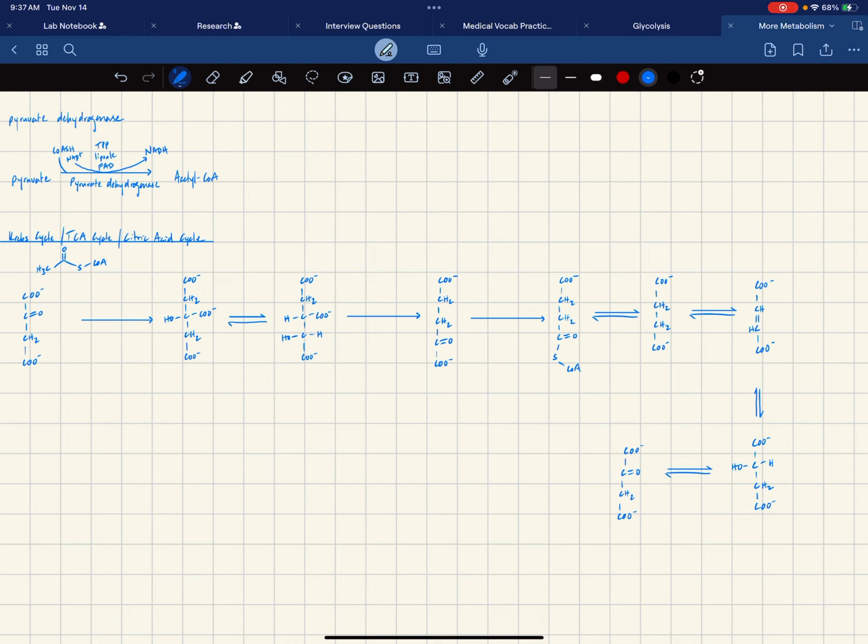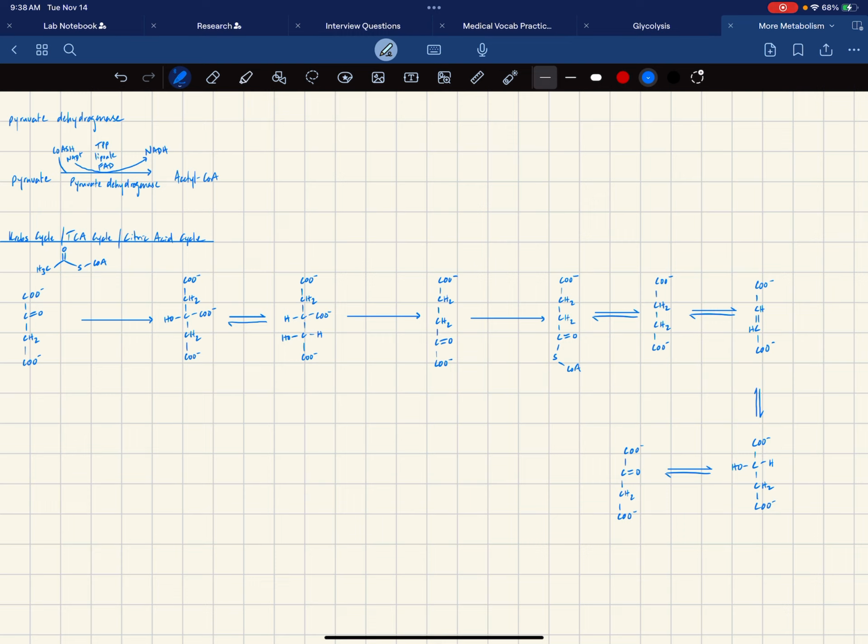So yeah. The first thing I wanted to cover is why we care about this pyruvate dehydrogenase thing and what it does. Pyruvate dehydrogenase is the link between glycolysis and the Krebs cycle. In glycolysis, we produce two pyruvate molecules. Pyruvate dehydrogenase turns those into acetyl-CoA that can be used in the Krebs cycle,